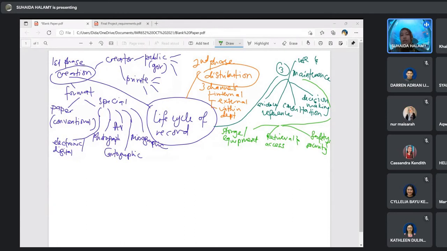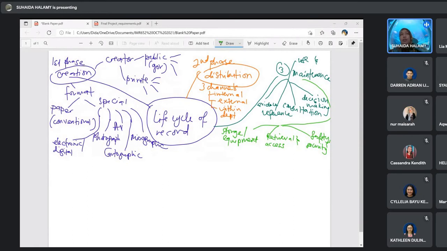And then for the electronic record, we don't have to worry because it depends on your storage lah, cloud storage, your hard drive, your database and server. So it depends on that. But for the physical one, you kena ada lah yang suitable for your records.